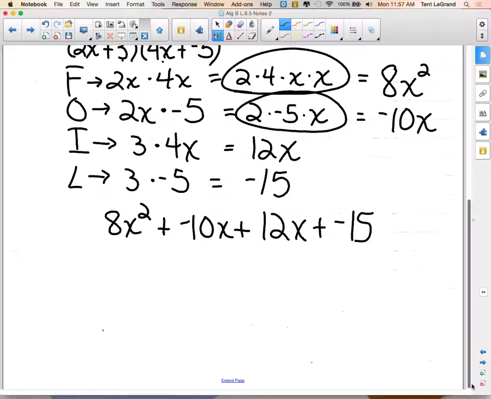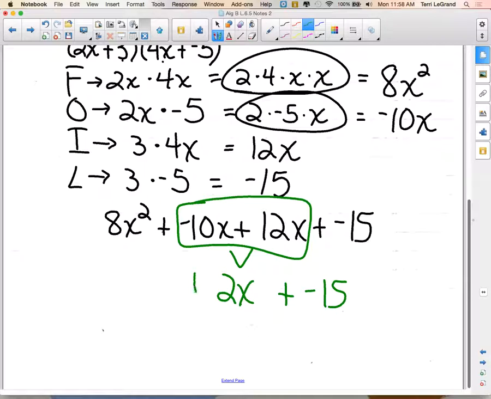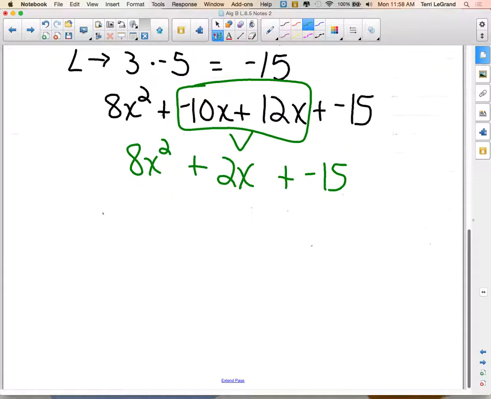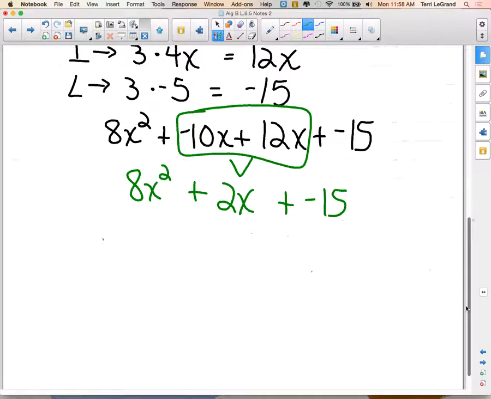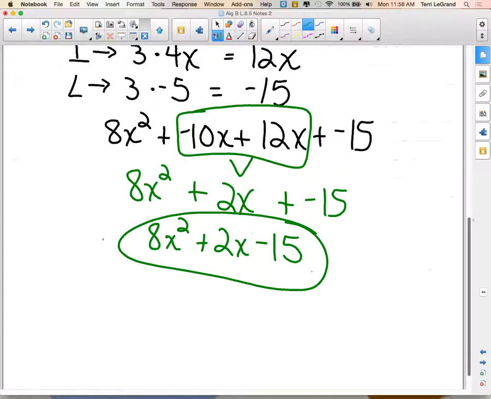And as I said, typically you can combine the O and the I steps products together because they're like terms. Are the O and the I steps products like terms? Yes. Okay, so what does that become? 2x. We don't have a like term to combine the negative 15 with. We don't have a like term to combine the 8x squared with. And now cleaned up, what do we get for the answer for this one? Michaela? 8x squared plus 2x minus 15. Okay, everybody agree with her? And this is FOIL. Welcome to the world